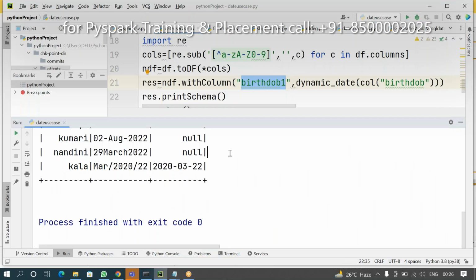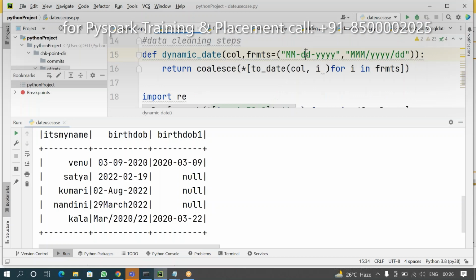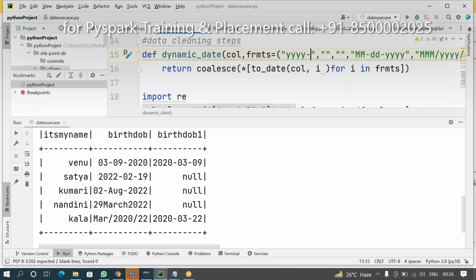Now please check. Why did you get these nulls? The main reason here, maybe you have multiple dates. What is the first date? Second one, it is yyyy-dd-MMM-dd.